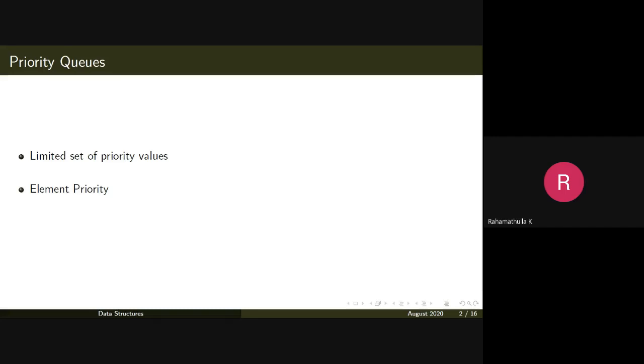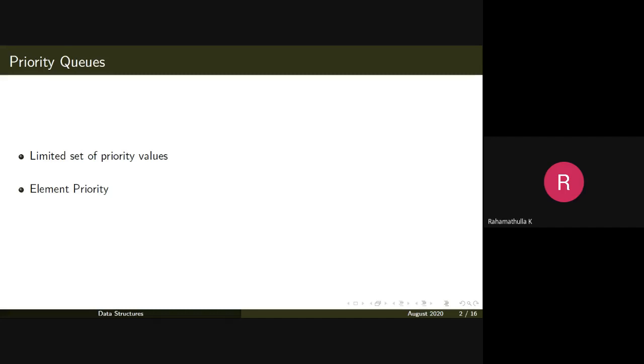This can be viewed in two ways. One is we limit our number of priority values, that is, some limited set of priority values, or we can say that you think of the priority values as infinite.